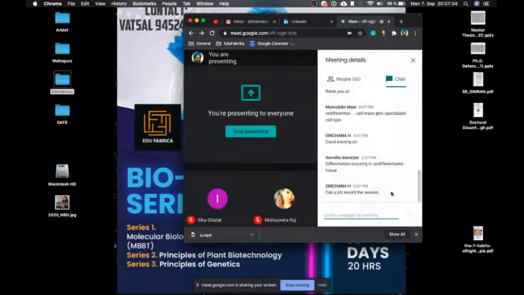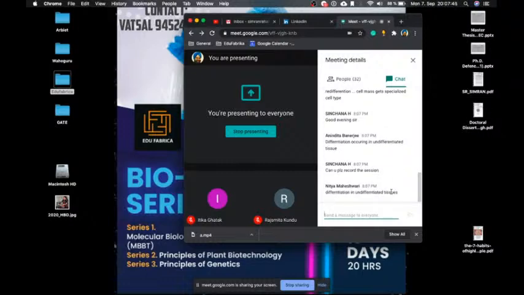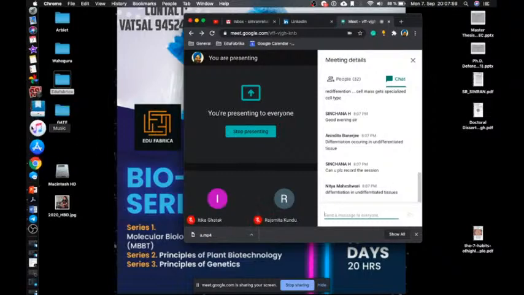Yeah, differentiation is occurring in the undifferentiated tissues, right? Yes, differentiation in undifferentiated tissues, that is redifferentiation. So that's the main thing. And differentiation is occurring in the undifferentiated tissues. Yeah, that's the redifferentiation. So